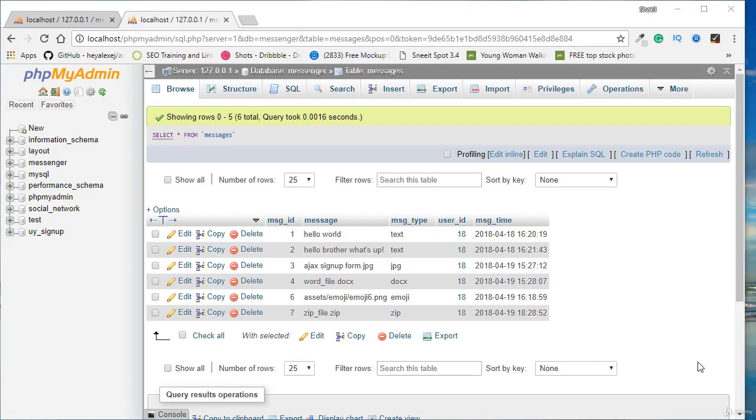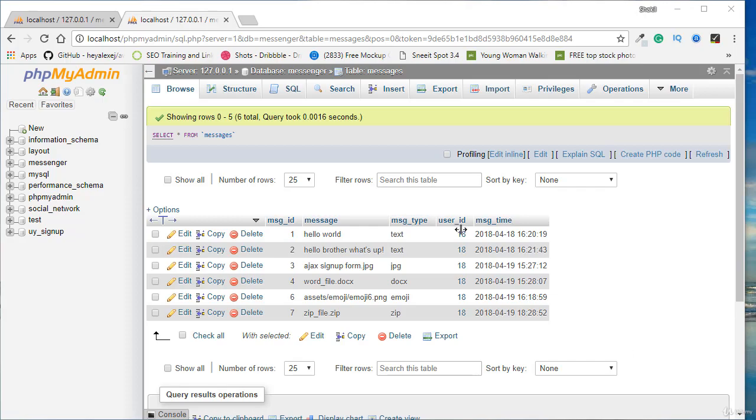But in this video I will explain what is the inner join and how to use the inner join. The inner join selects the matching data from two tables. So what does matching data mean? The matching data means, let's say, if the first table's primary key is matched with the second table's foreign key, then select the records.